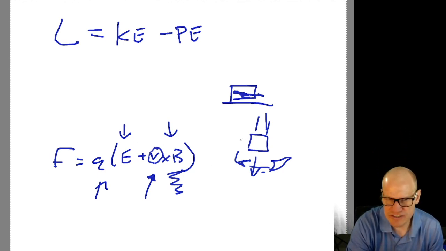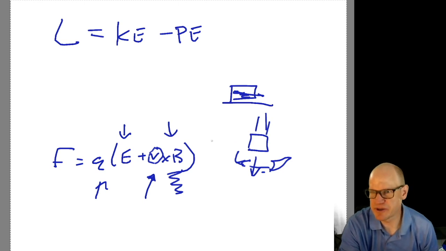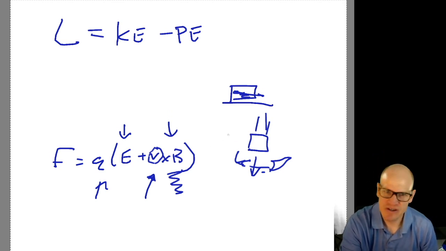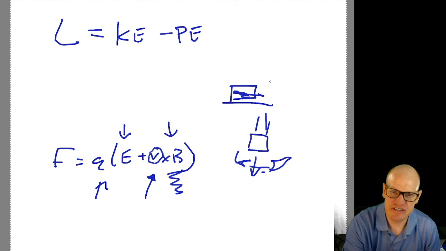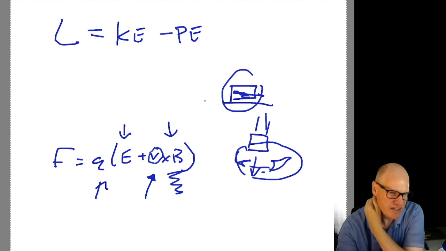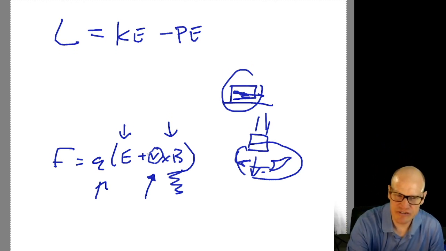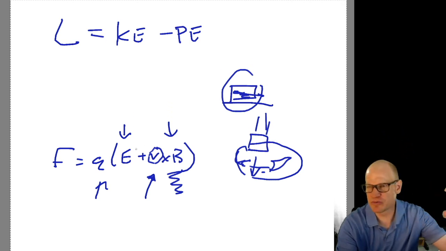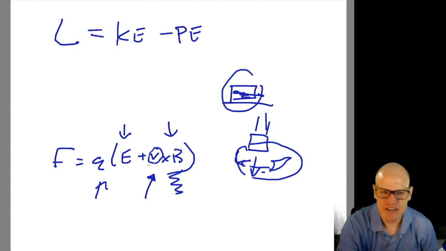So those are both velocity-dependent forces, and the book says velocity-dependent forces don't conserve energy. Well, they do conserve energy, but you have to account for the thermal energy, the random energy of either the air or the block in the system. In this case, with this electromagnetic force, when you have a charged particle moving with some velocity in an electromagnetic field,